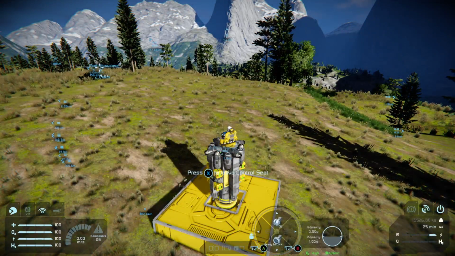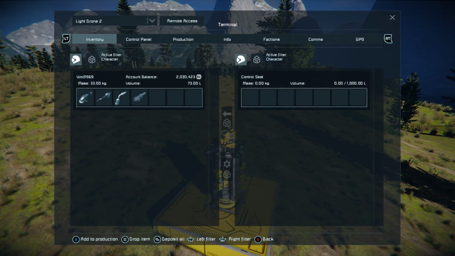So what we can do is we know this particular position, so we can adjust our remote control a little.